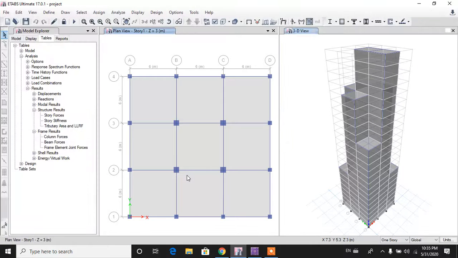Hello guys, today I'm going to design the footing for this building using SAFE software. This building is constructed in the ETABS software. So for designing the footing of this building, we just have to get some data from the ETABS software, like column dimensions, column loads, and